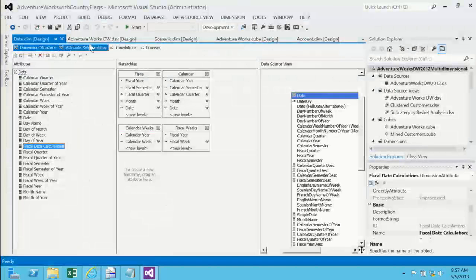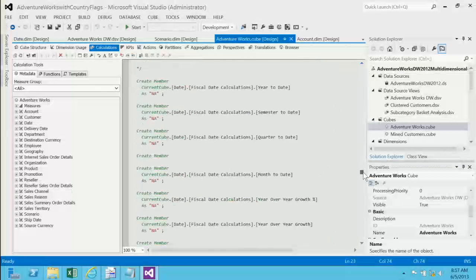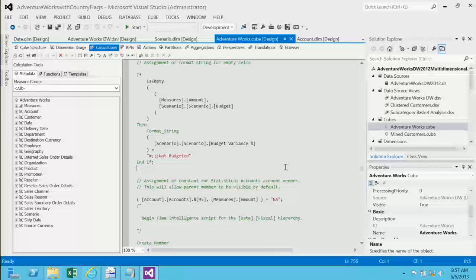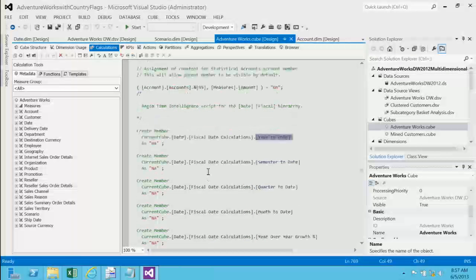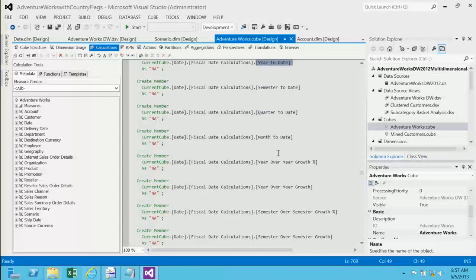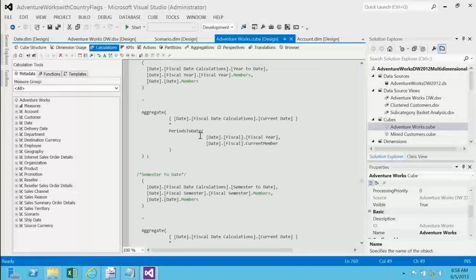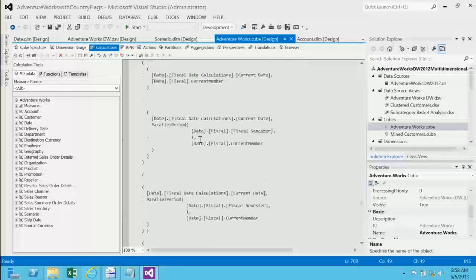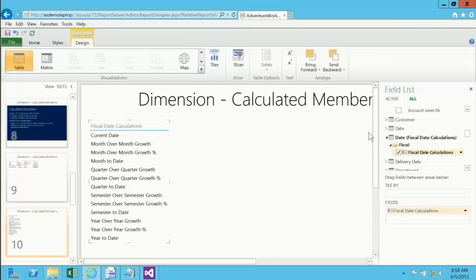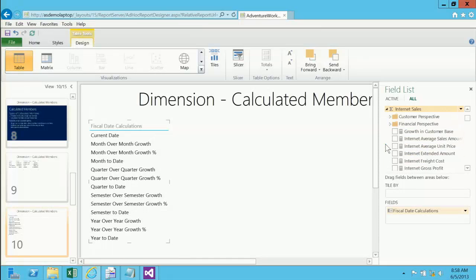What I can do here is go back into the cube again and scroll down to the bottom. And here we see all these calculated members that I created. Year to date, semester to date, quarter to date, month to date. All of those are in here using scope assignments and MDX queries. I can scroll down, and there's a bunch of them. So what this will do is I can go in here and add my internet sales